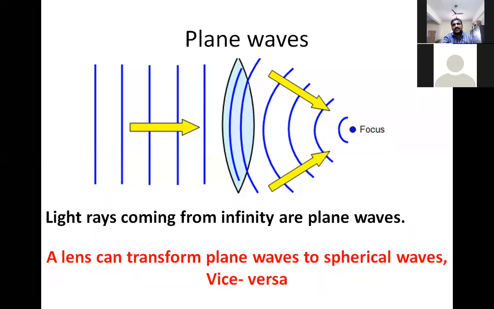And this is another diagram in which I am showing you the wavefronts rather than the rays. Of course, these big yellow arrows are representing the rays, a bundle of rays, but these yellow lines are actually showing the wavefronts. On the left hand side, you can see plane waves. It means from the left hand side at infinity, which I am unable to show in the picture, some source of light is there. That light source was sending spherical waves. Beyond a certain distance, those spheres have turned into planes. Those planes are of course parallel rays, because if you draw any perpendicular to this particular blue line, all the perpendiculars will be parallel.